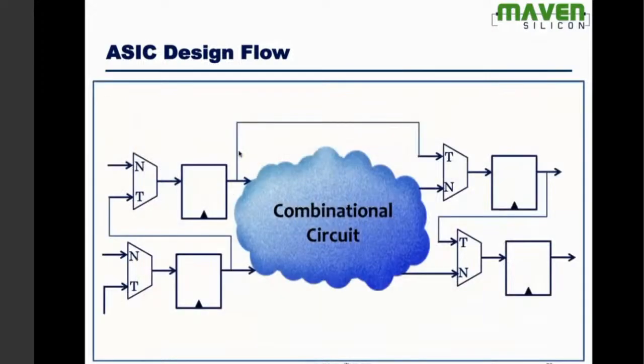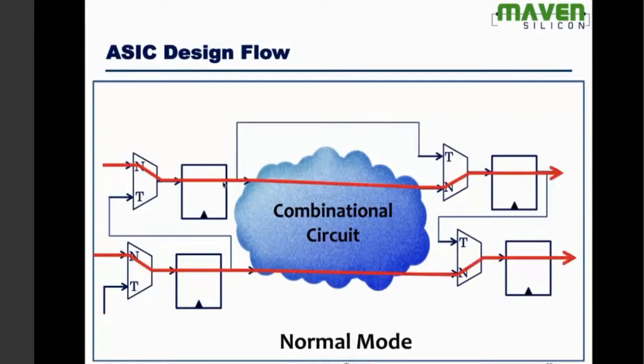Look at here. This is how the RTL would look like. Now we replace the flip-flop with a scan flip-flop. So every scan flip-flop has a multiplexer at the input. Now I can operate the entire chip in two modes. One is the normal mode, the other one is test mode. So here you look at this. This is normal mode, this is test mode. Now I am showing you the normal mode, how the data flow happens. The data goes to flip-flop, combinational logic, and flip-flop. So it's called RTL, register to register. The data flow happens. But during test mode,